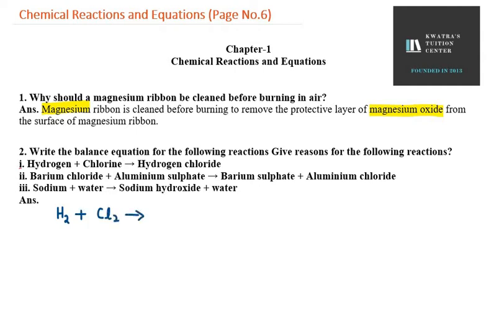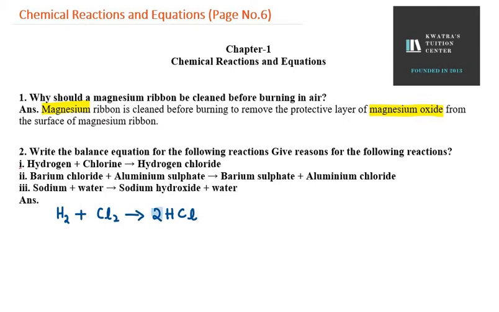Then we get hydrogen chloride. Hydrogen chloride is nothing but hydrochloric acid, that is HCl. So it can be written as HCl here. Now you can see it is not a balanced equation. On the left hand side you have H as 2, Cl 2 atoms. On the right hand side you can see that we have one H and one Cl. So what we need to do is multiply the compound with 2 so that we can